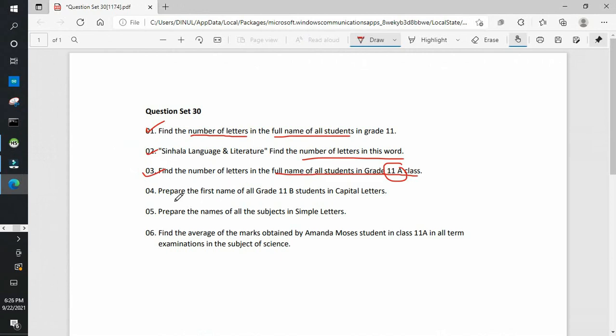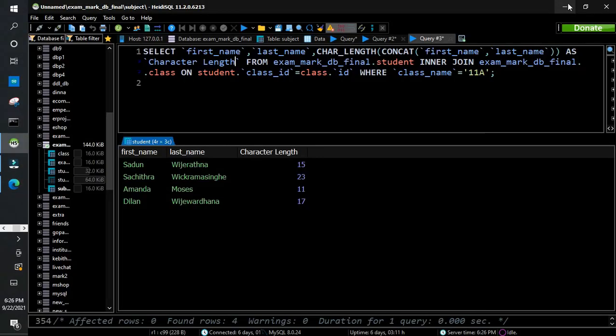So next I am asked to prepare the first name of all students of 11B in capital letters. Okay.